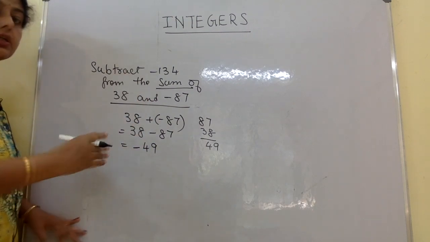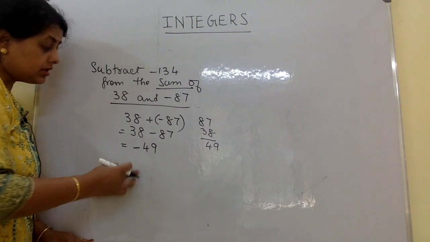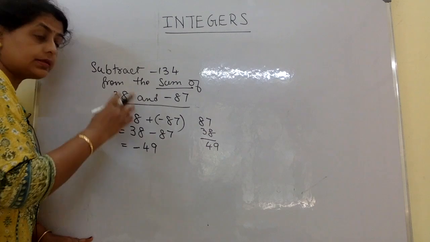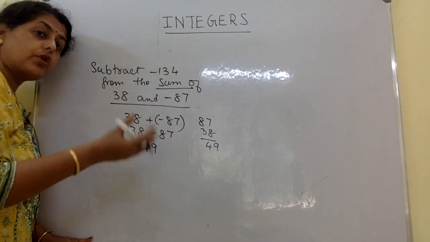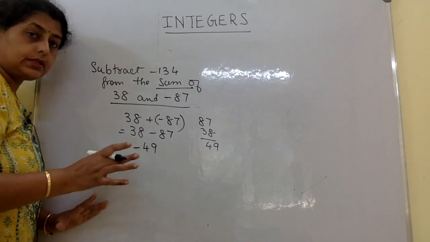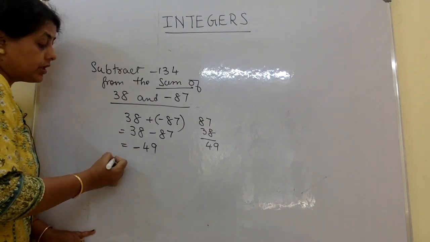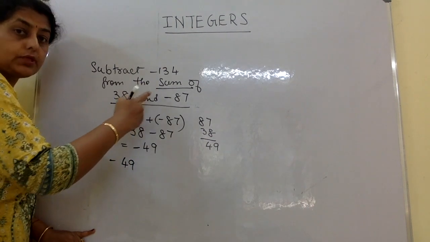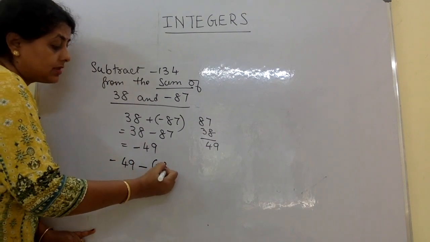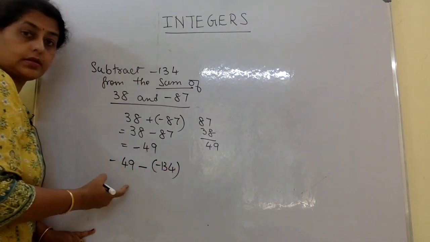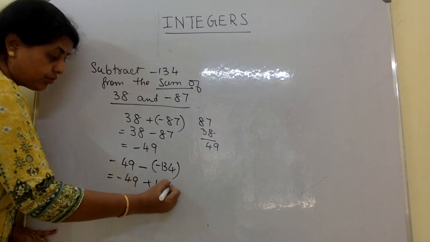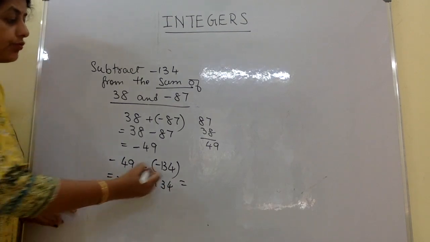Even now confusion arises, students say this looks smaller, that looks bigger. How can I subtract from this that one? Yes, you can in integers. From a bigger number you can subtract a smaller number. It can go anywhere in integers. So as they say, you have to follow. So minus 49, minus because of subtraction, minus because the question had it. So that is minus 49 and plus 134.